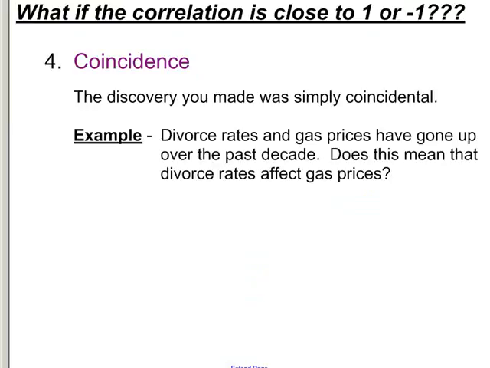Another thing that we need to talk about here is coincidence. And coincidence is exactly what it says it is. It simply just happened. They don't have any impact on each other necessarily. The discovery you made was just simply coincidental. For example, divorce rates and gas prices have gone up over the past decade. Does it mean that the more divorces we have, the higher the gas prices are going to go? No. Does it mean that if gas prices go up, divorce rates are going to go up? No. Some people might say that higher gas prices might create more stress, but in general, they have nothing to do with each other. It's just kind of coincidence that they have both